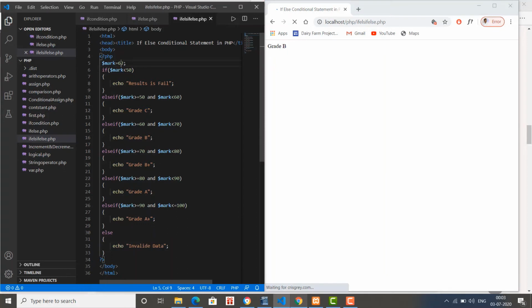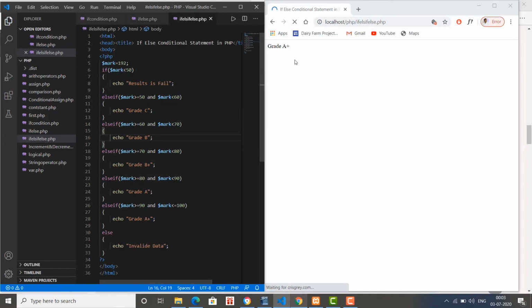Now if I make the marks equal to 92, what will happen? Save the changes and refresh it. Here you will see grade A plus is assigned. Now what will happen if we assign marks equal to 192?